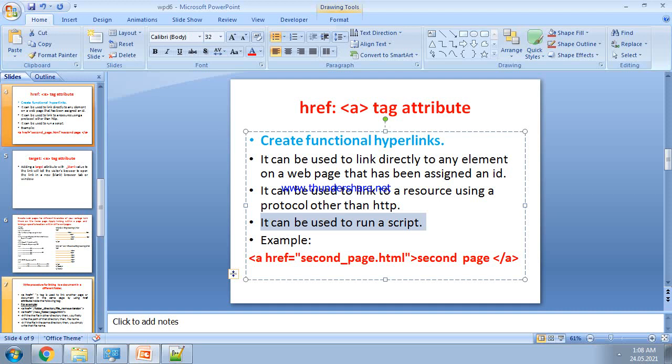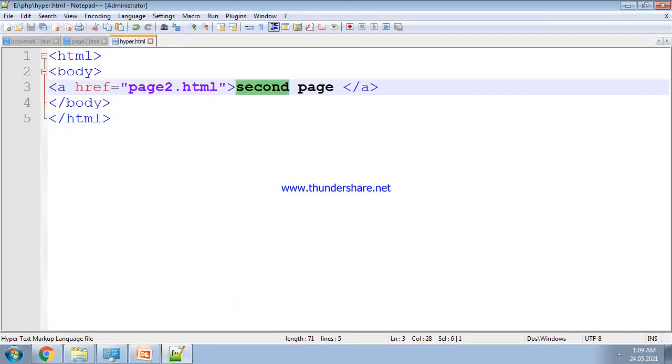Now in this example, the text second page is written in between the anchor tag A and the closing A, and the anchor tag is given the href attribute with the name page2.html. So when we click on this second page, this page will open.